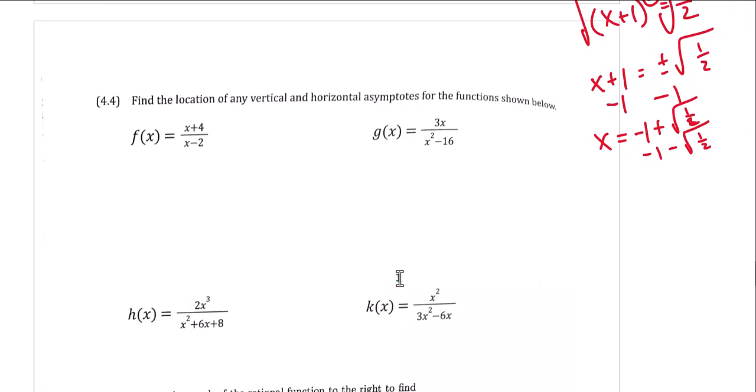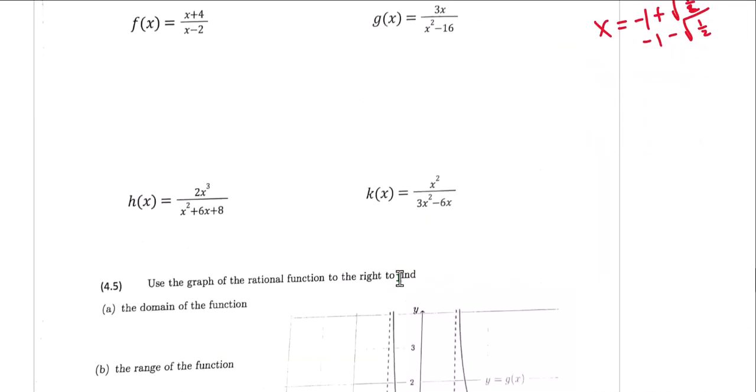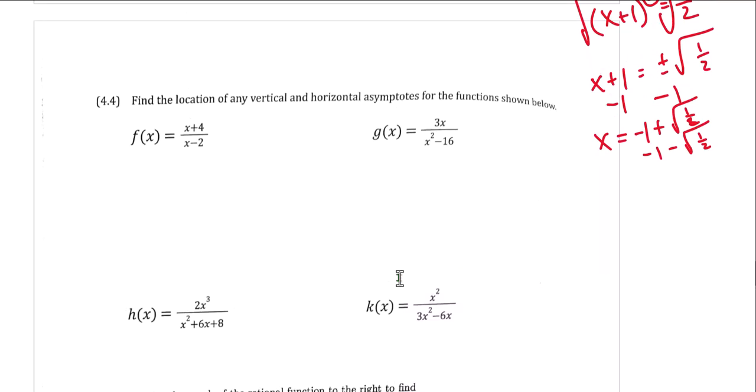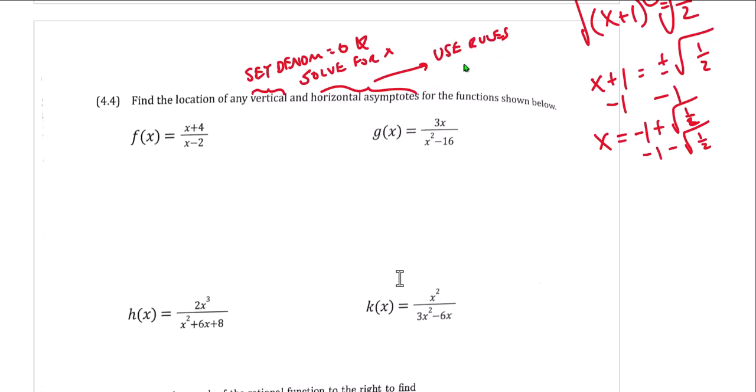Find the location of any vertical, horizontal asymptotes. All right, I'm just going to do a couple of these. So remember, vertical asymptotes, we set the denominator equal to 0 and solve for x. Horizontal asymptotes, we're going to use the rules. And the rules are